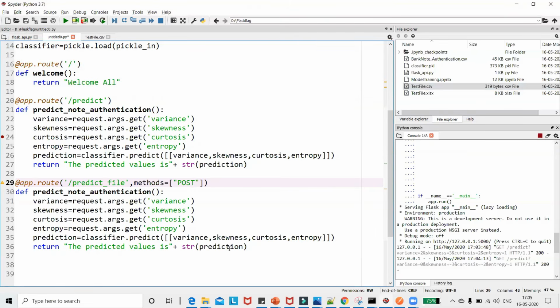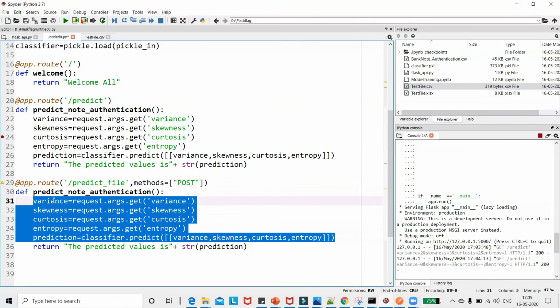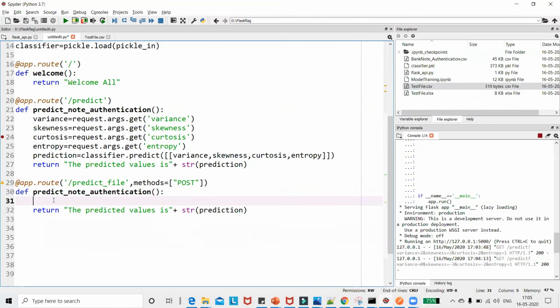So here again, we are going to make some code changes, and those code changes will be pretty important. Now, how do I make the code change? I'm just going to remove all these particular values, guys, so that it becomes easy for you to understand. Okay. So first of all, let me say that this is my data frame, df_test. Now inside this data frame, first of all, I'm going to read my CSV file, because whatever file I'm uploading in the body is in the form of a .csv file. So I'm just going to write pd.read_csv.